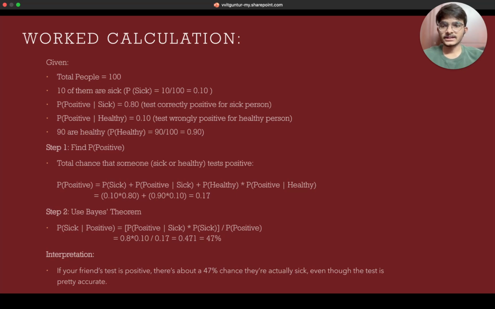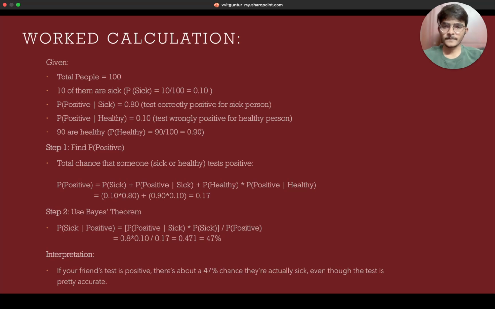Therefore, 90 people are healthy, so their probability would be 90 by 100, 0.90. Step 1. In order to calculate, we need to find the probability of people who got positive, the total chance that someone sick or healthy tests positive. That means no matter whether you are sick or healthy, the chance of you getting a positive result is given by